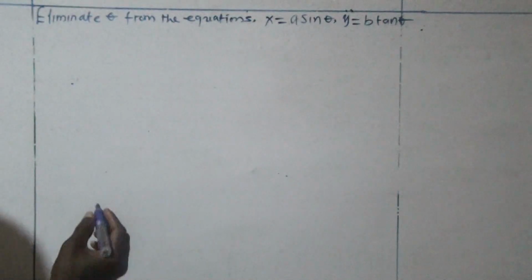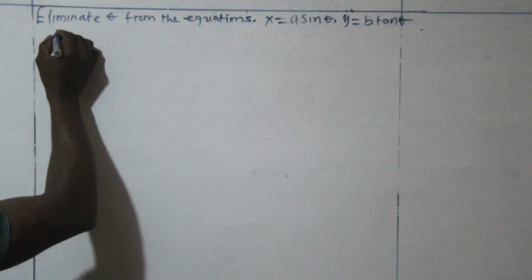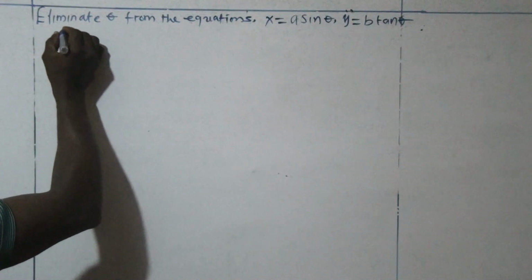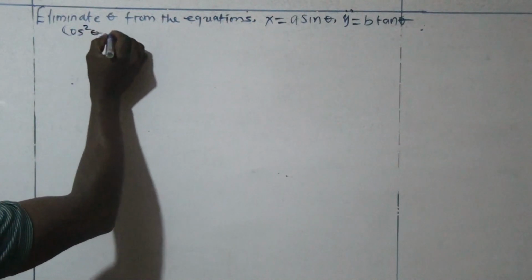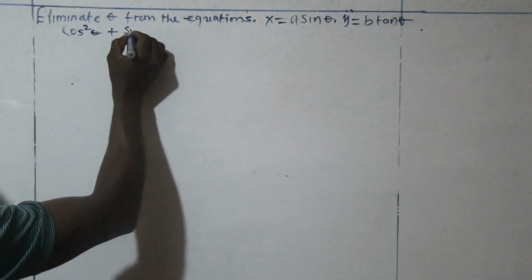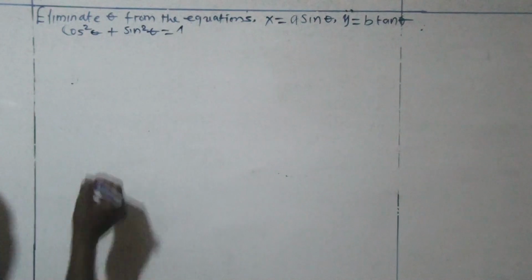And from identity, there is a relationship between them. So if we have cos square theta plus sine square theta is equal to 1,